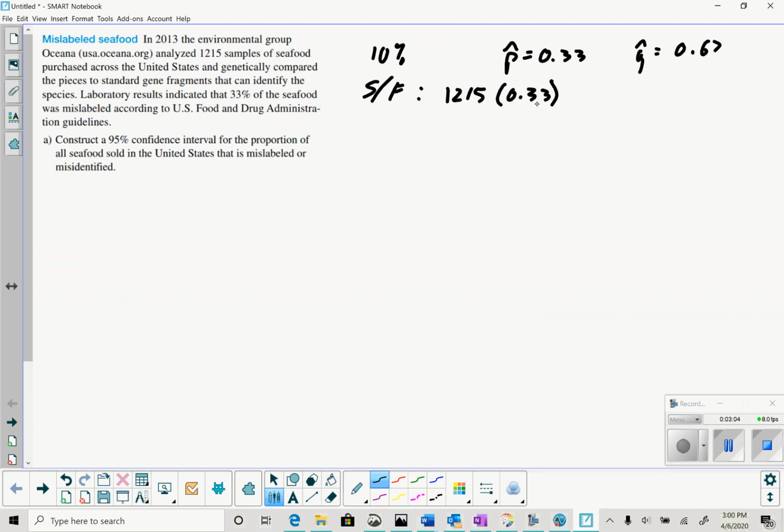So 1215 times 0.33 will give us 400.95. The 1215 times 0.67 will give us 814.05. And both of these have to be greater than or equal to 10. Both of them are. That condition is satisfied. So you would write something like the sample size is large enough. All right, so now that we've satisfied those three basic conditions, we can proceed and construct a 95% confidence